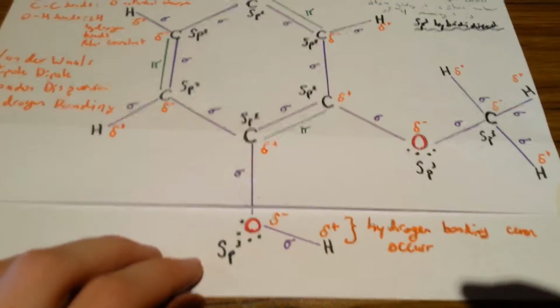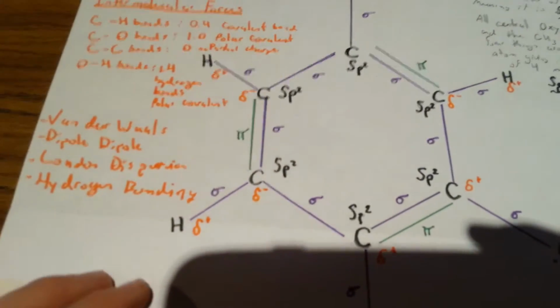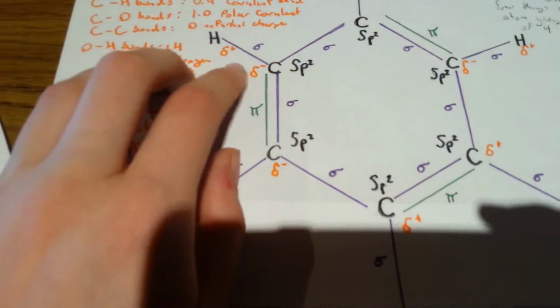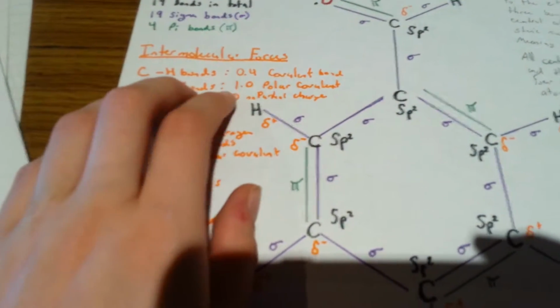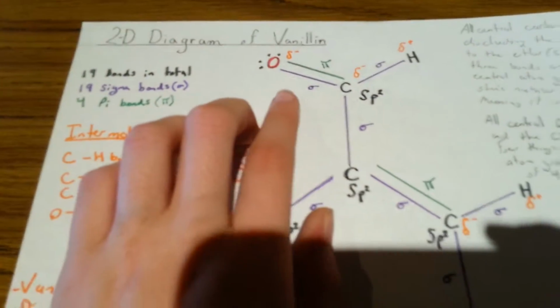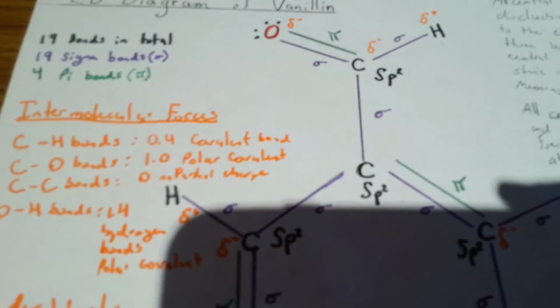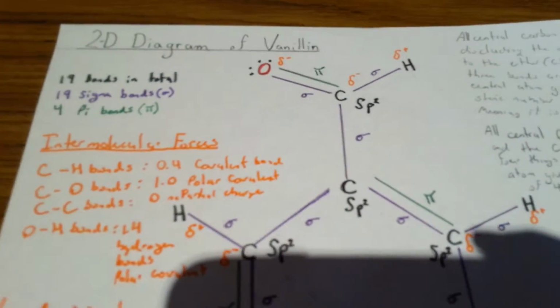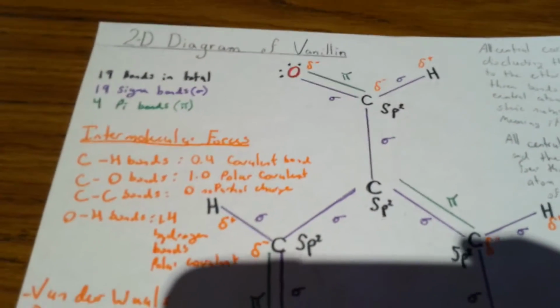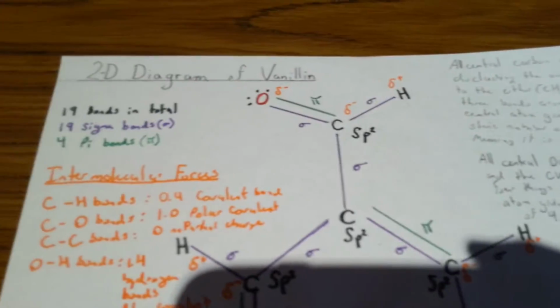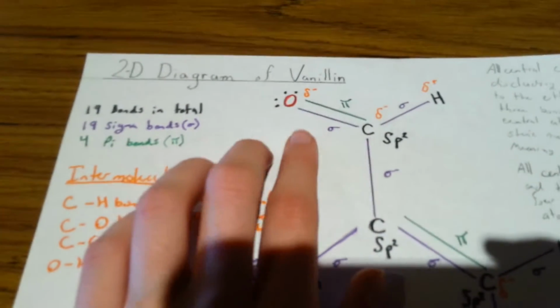So I'm going to talk about each bond individually. So I just talked about the hydrogen bond. All the CH bonds, these ones, they are a covalent bond because their electronegativity difference is 0.4. The CO bonds, as located up here in the aldehyde group, they have a polar covalent bond because C's is, I believe, 2.5 and oxygen is 3.5, which, its electronegativity difference is 1, so it gives it a